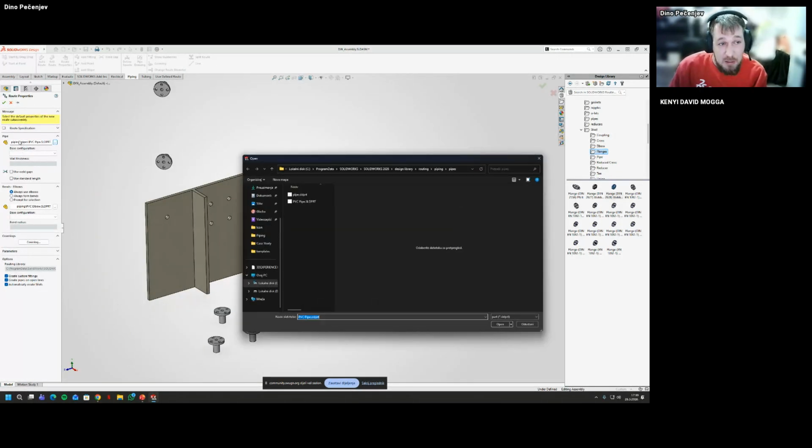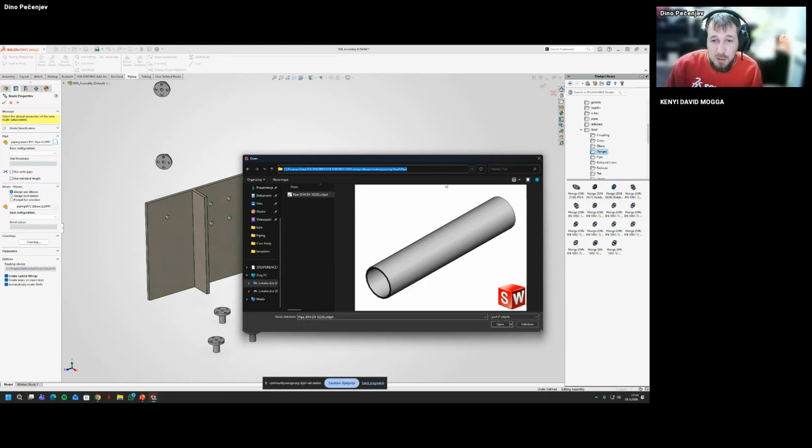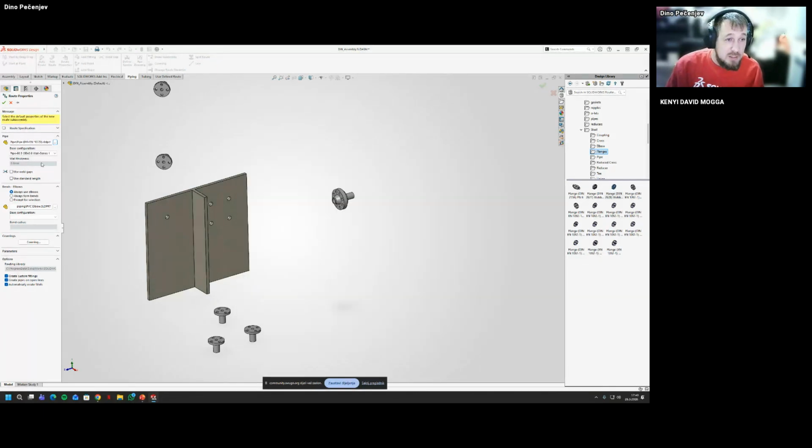But again, be careful about the piping sizes you use. If I go to the routing, I go to steel pipe and use this pipe. It takes the configuration, so it's already loaded. This is in millimeters. We can also set the standard length.